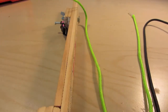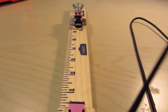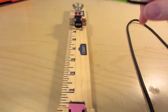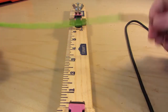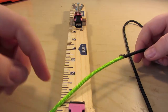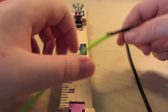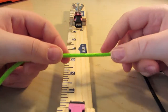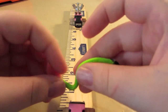And so now what you will do is you will take the paracord, whichever color you want to be on the outside is going to be your left side of cord that's running up. It's called your core. And so I like to have the darker colors on the inside, so I will take my lime, and what you do is